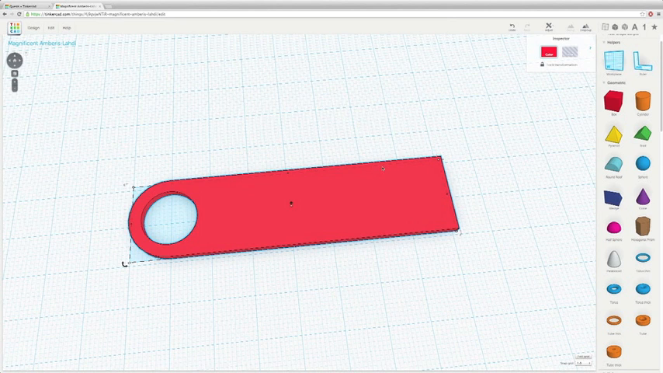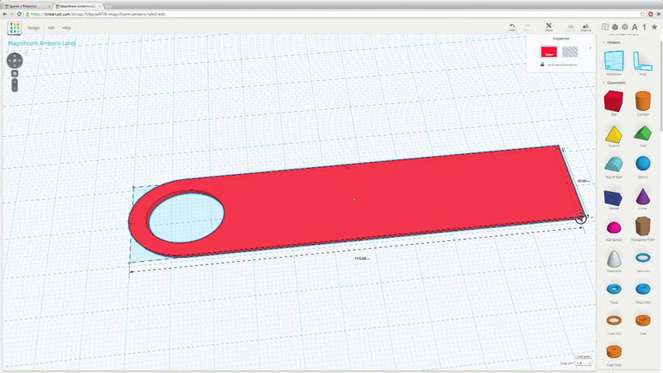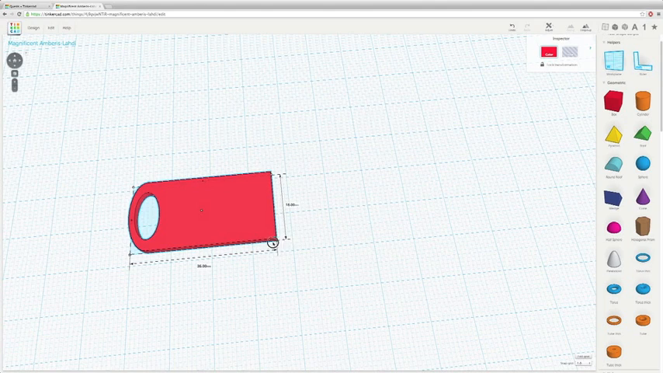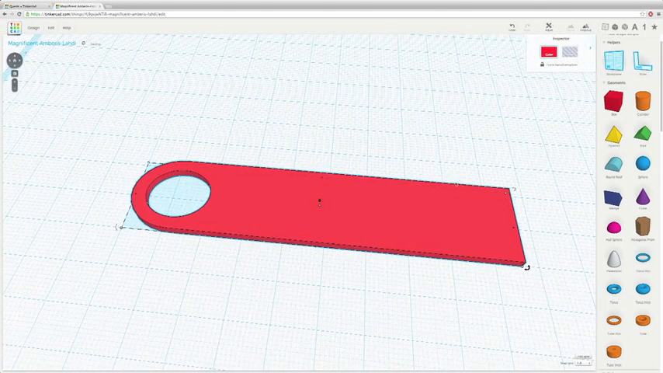Alright, so there's the base of our keychain. So I'm going to go ahead and make this a little bit longer. And as you can see, it will elongate the hole. And if I made it shorter, it would make it into a different oblong oval. Alright, cool. So let's do some kind of